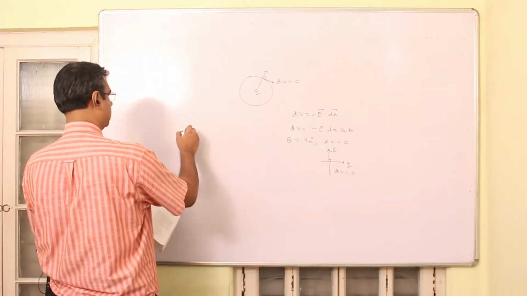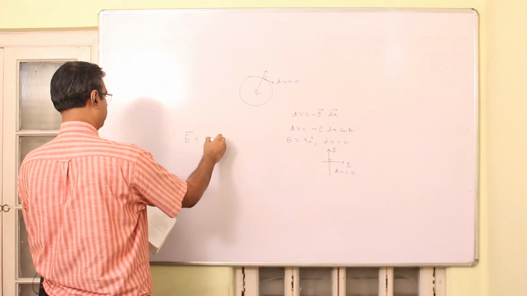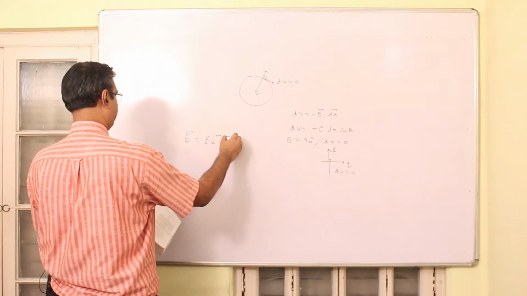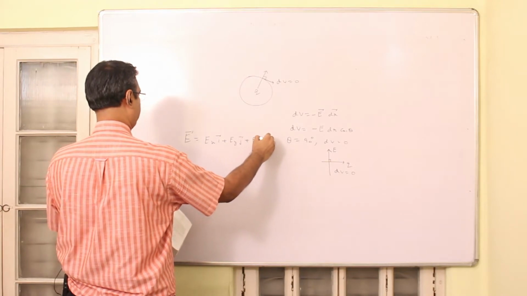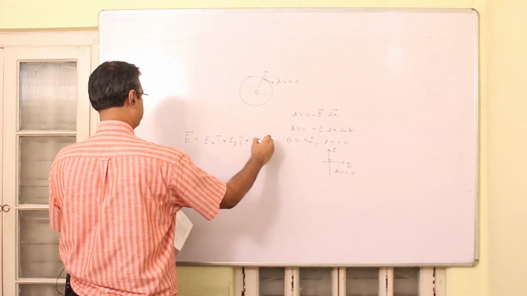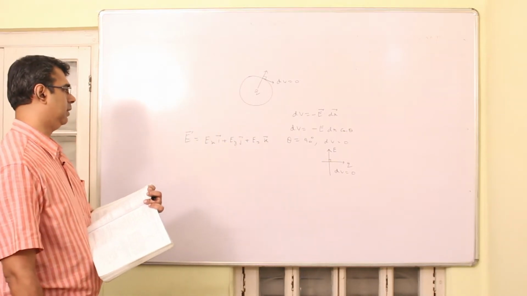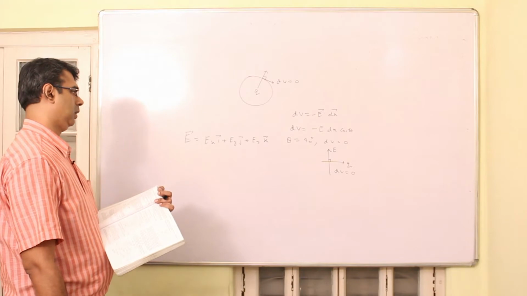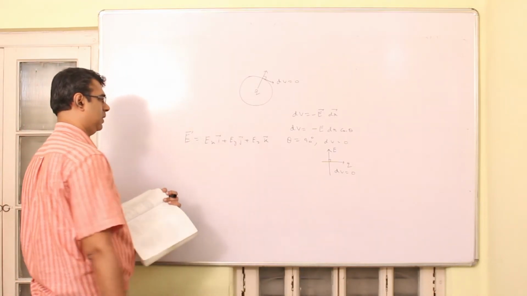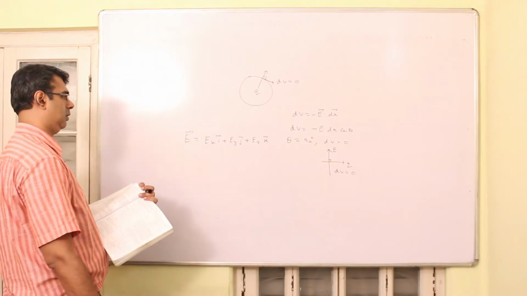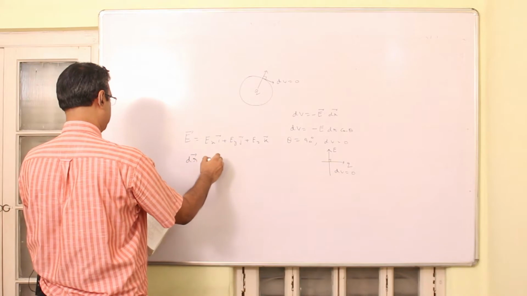In that case, we will begin by initially writing the field as Ex i plus Ey j plus Ez k using orthogonal vectors i, j, k, and we will write dr